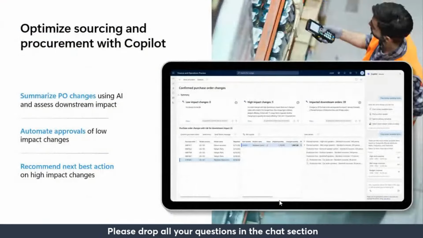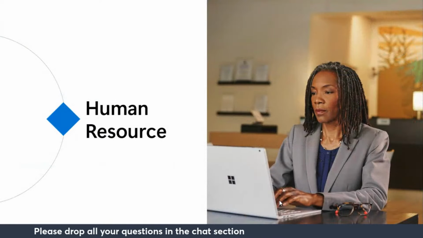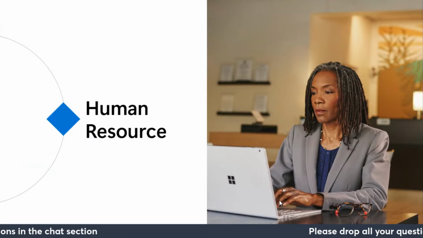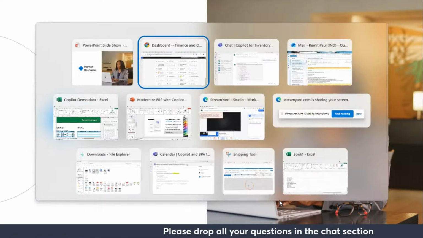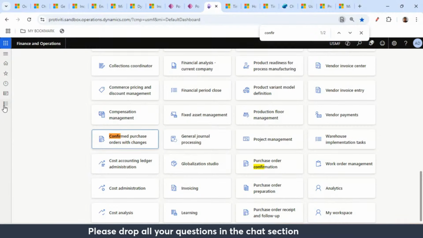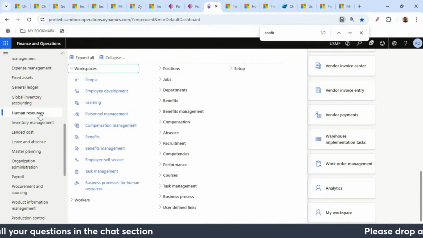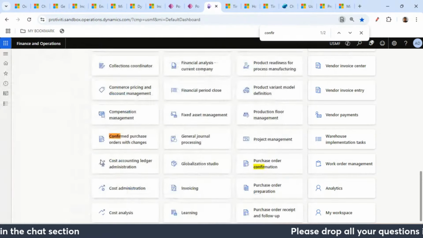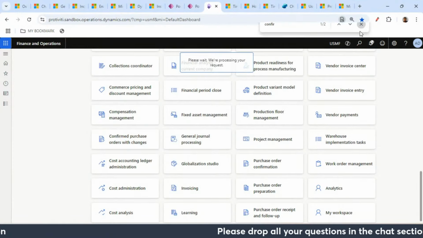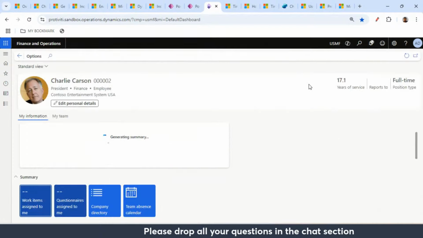Again, go back to the PPT. Now we will quickly touch upon human resource. What is available in human resource as a Copilot functionality? Right? So let's go to Microsoft Dynamics 365 Finance and Operation. If we see this human resource, and if we have employee self service, this is all about,